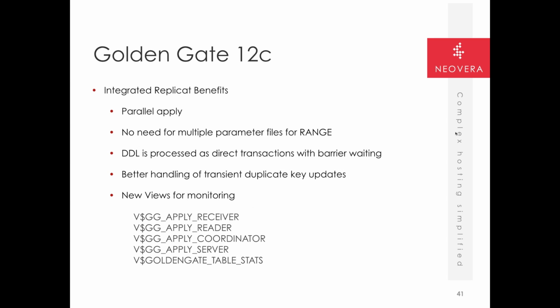Some of the benefits in the Replicats: the parallel apply eliminates trying to figure out how many ranges you need to get the best distribution. It'll automatically scale parallelization, and you have some control over the minimum and maximums. It uses direct transactions and barrier waiting. Basically, it'll know when it can apply a DDL if it's waiting on prior transactions to commit. It handles the duplicate key updates better, and also introduces, as part of the 12.1.204, all these GoldenGate views,